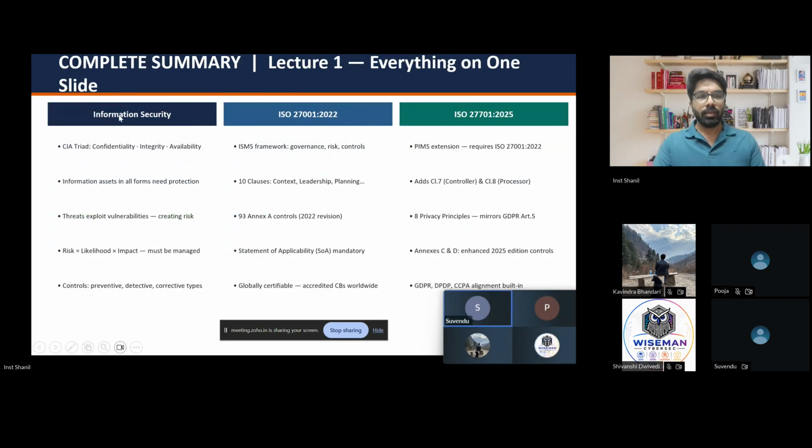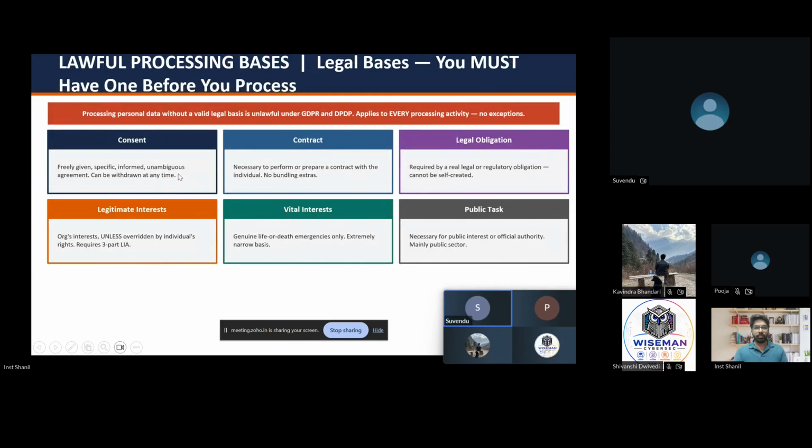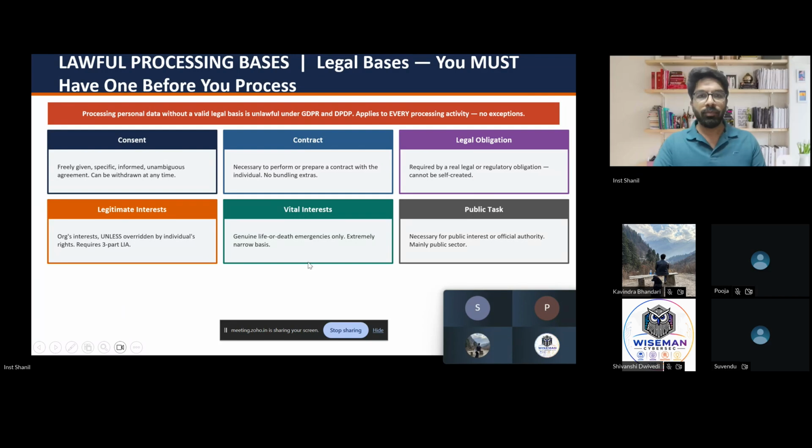Will these slides be shared with us finally? Ideally no, because you do not have to remember anything out of these slides. We will be sharing the bare standards with you, which will be used in your ISO implementation or even appear in your examinations. Whatever examples or definitions are there, I'll ask you to take a screenshot, which you can keep for your record or understanding. But everything in this slide is part of the bare standard. Everything is obtained from there. It is just presented to understand it in an easy way, right?